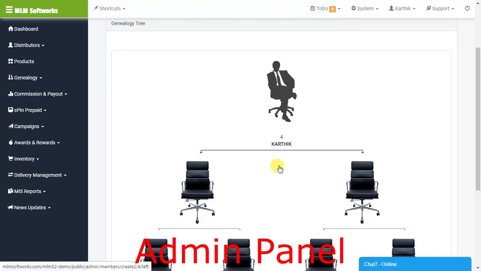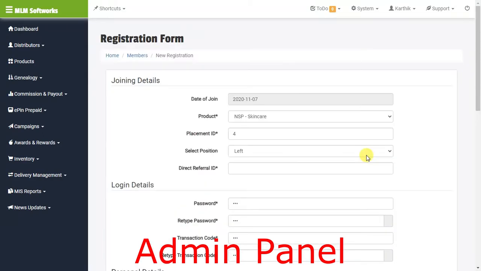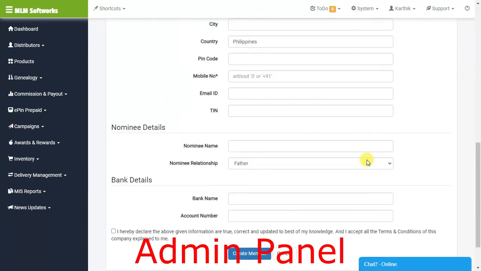Empty vacant seats are shown for our new member registrations. So you can click here and continue with the joining form, the registration form.